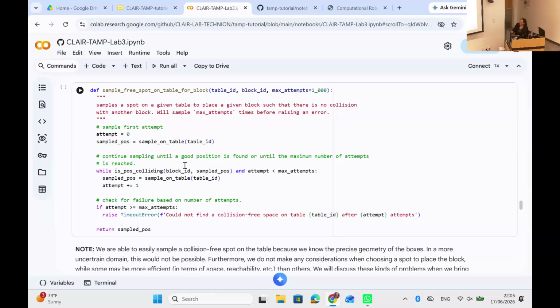I hope you had a chance to have a look at all these functions and how they're implemented. So sampling a free spot on the table for a block is something that is by definition going to cost us a lot. When we have to generate these configurations blindly, we're going to spend a lot of energy